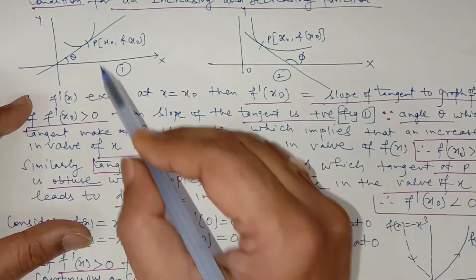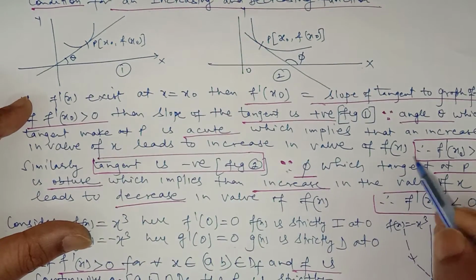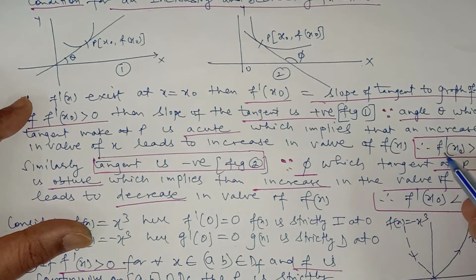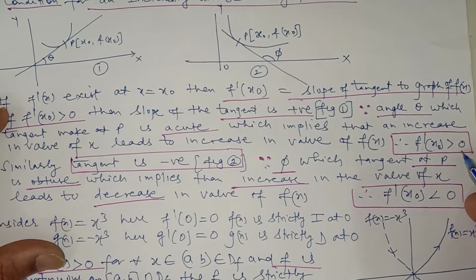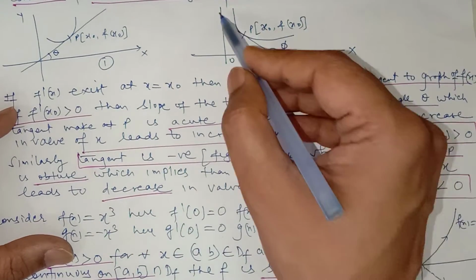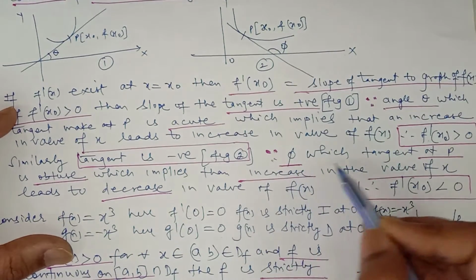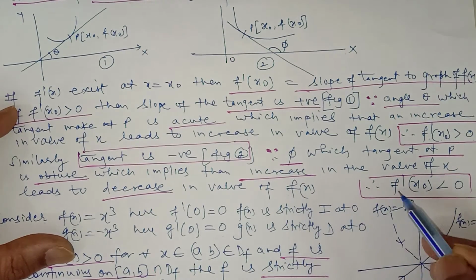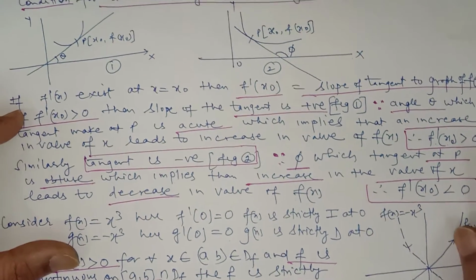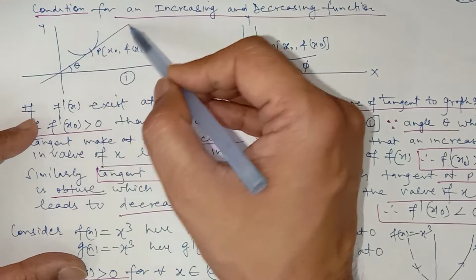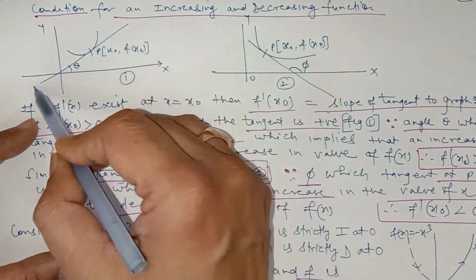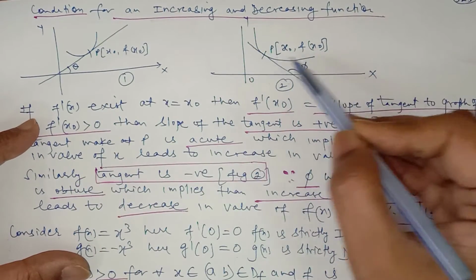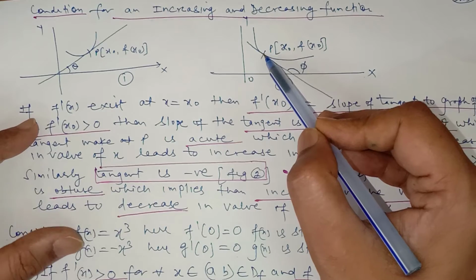It means in this first case, as the value of x increases, f'(x) is also greater than 0. Similarly, the tangent slope is negative in the second case. The tangent at P leads to a decrease in the value of f(x), that is, f'(x) is less than 0. So for an increasing function, the tangent at P should be positive, and for a decreasing function, the tangent at any point x1, x0